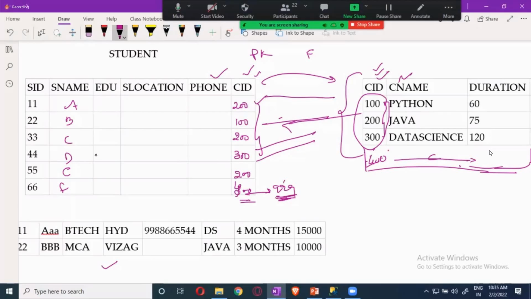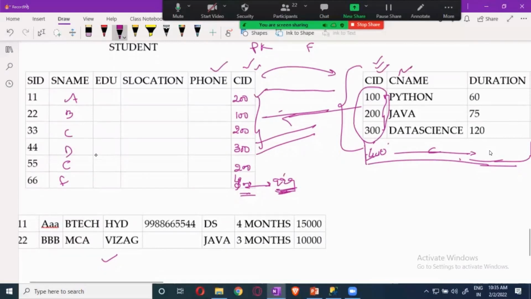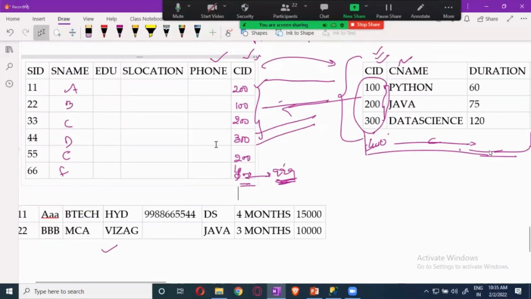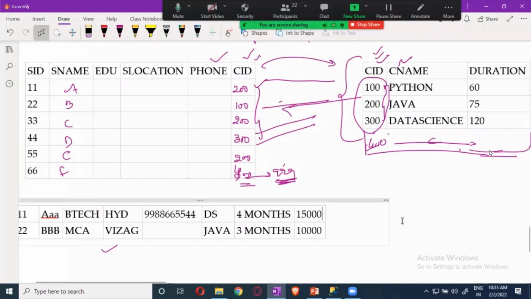So when we do joins, first take the inner join. The inner join is nothing but the intersection.